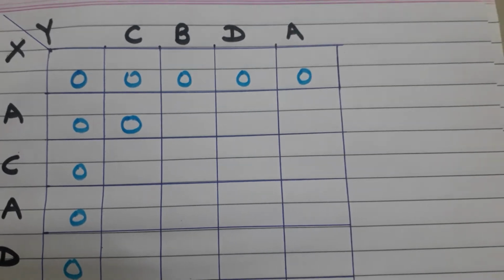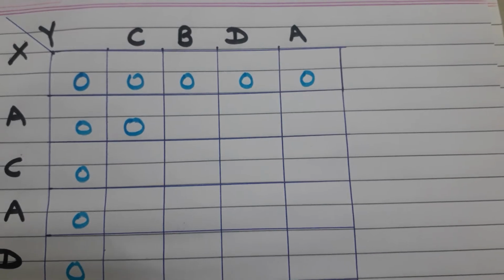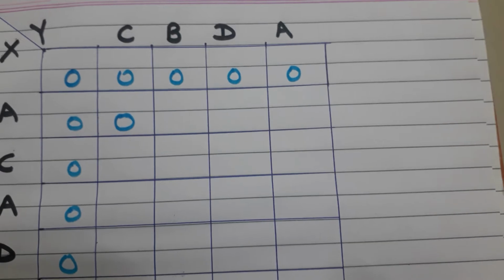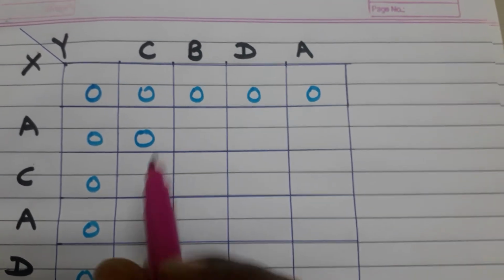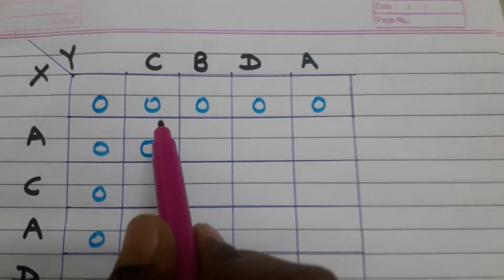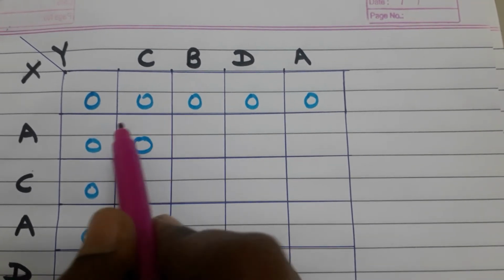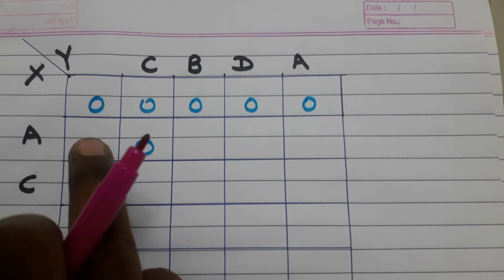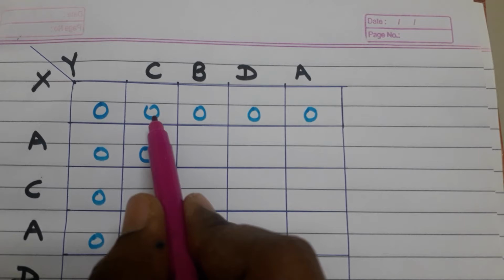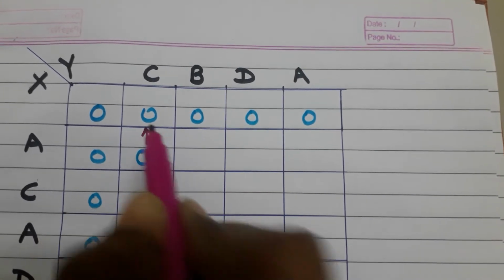Now when we write 0, at the same time we have to point it by an arrow. We have to point the arrow to the cell with the maximum value. Here both cells have 0 value, so either we can give an arrow horizontally, pointing to this side, or we can write an arrow in the upward direction, pointing to this cell. Here I will write an arrow to this side.